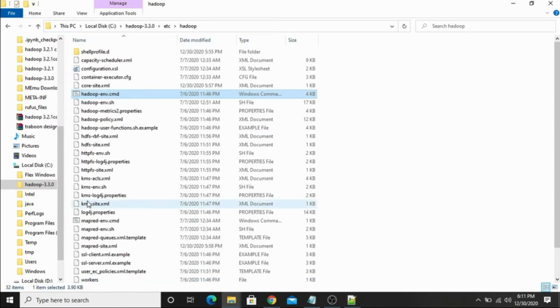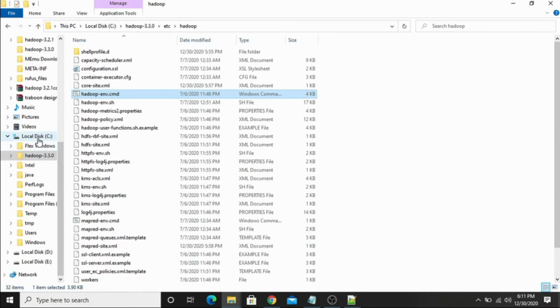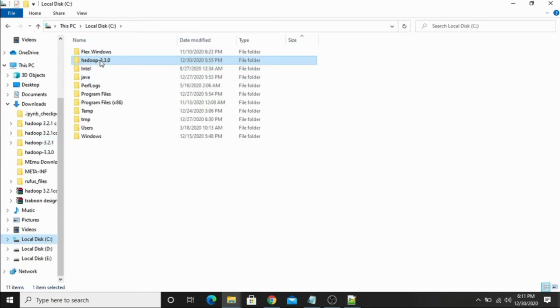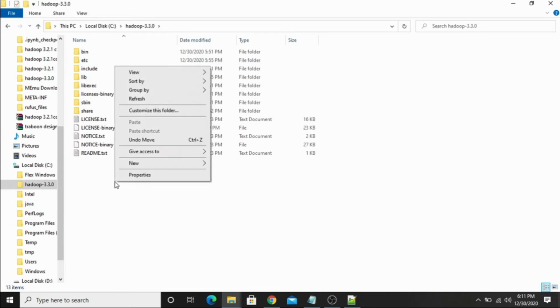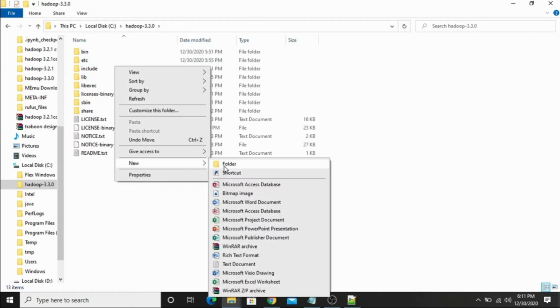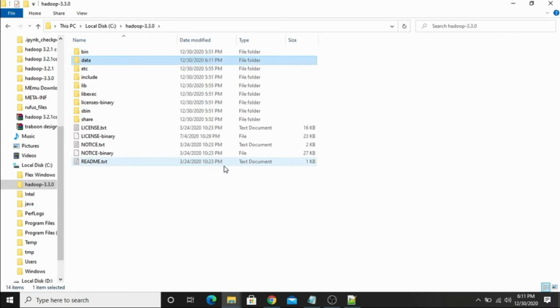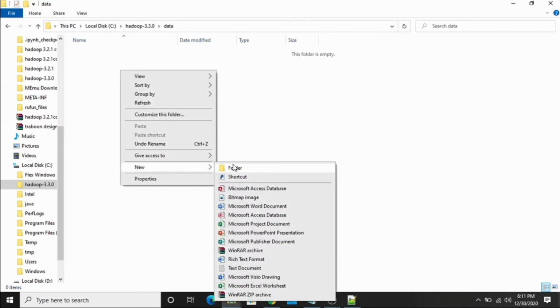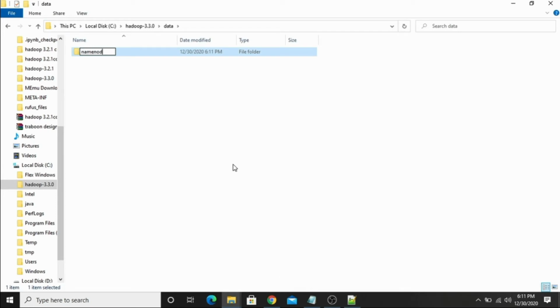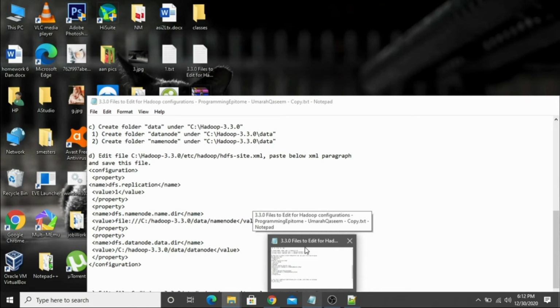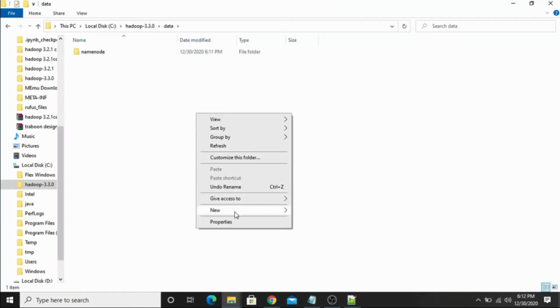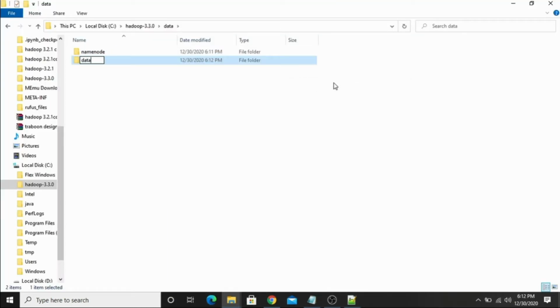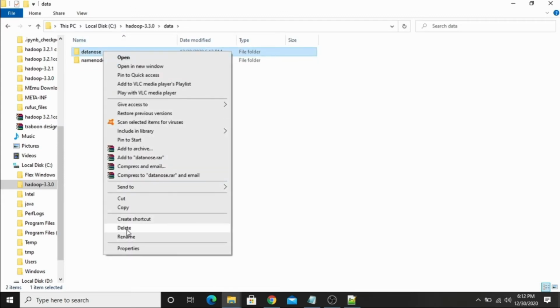Before editing this file, we have to create 2 folders in the Hadoop folder. Here inside the Hadoop folder, we have to create a new folder named data. Then go inside the data folder and create 2 folders named namenode, and the other one is datanode.